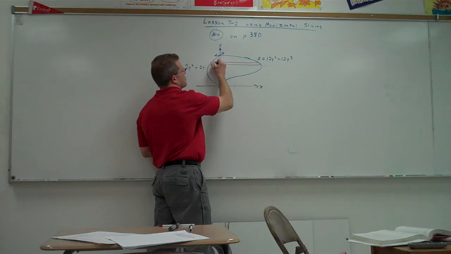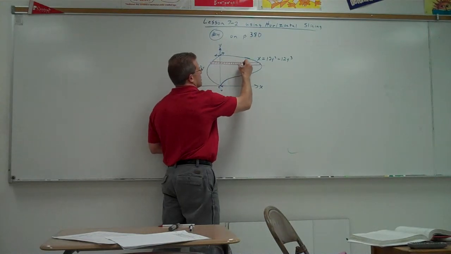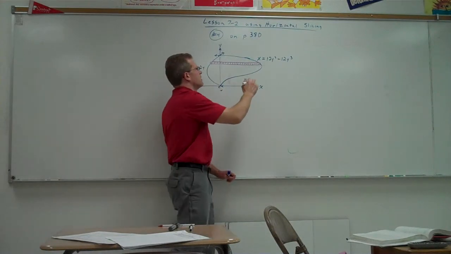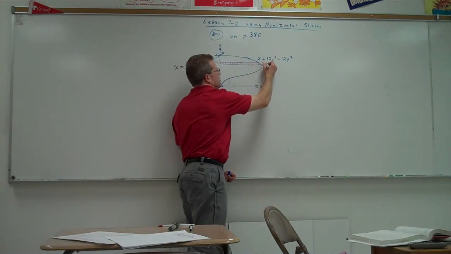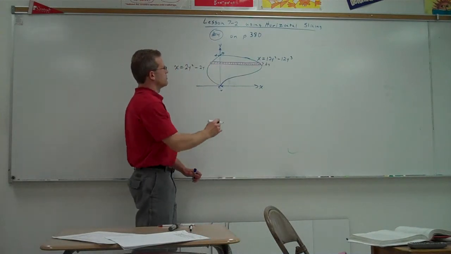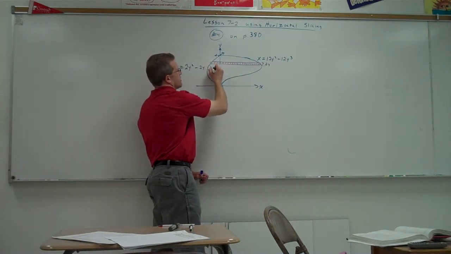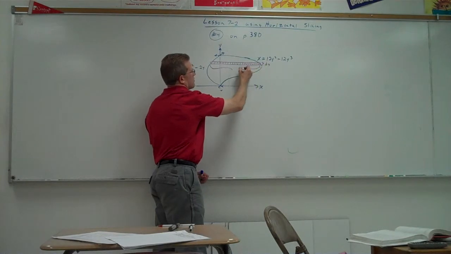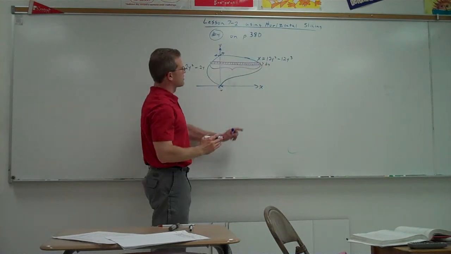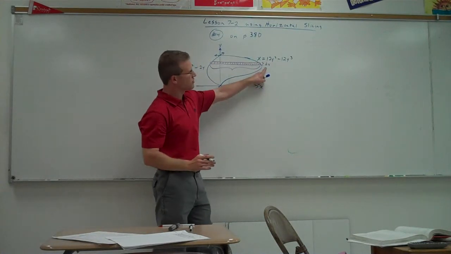So then our skinny dimension of that rectangle is vertical, runs up and down, so it's a change in y. So this distance right here would be dy. To get the distance from here to here, we need to take our right curve minus our left curve. And because our short distance is in terms